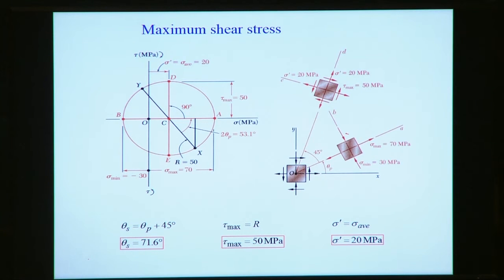This is the stress state where the principal stress exists, so there is no shear stress, but at an offset of 45 degrees with respect to theta p, the maximum shear stress exists. In the Mohr circle, the maximum shear stress value actually represents CD, and because this is the radial distance, CD is actually 50